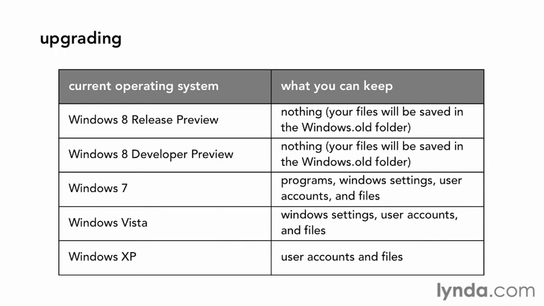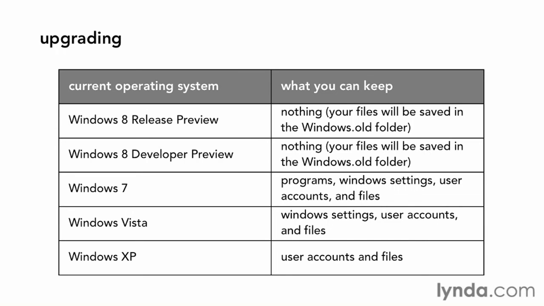Now, if you're upgrading from Windows 7, it's a little bit different. You can keep your programs, your Windows settings, user accounts, and your files just the way they're set up. When you're upgrading from Windows Vista, you get to keep your Windows settings, user accounts, and files. And if you're going to be upgrading from Windows XP, you get to keep your user accounts and your files. So that's a quick look at what you're in for if you haven't already upgraded to